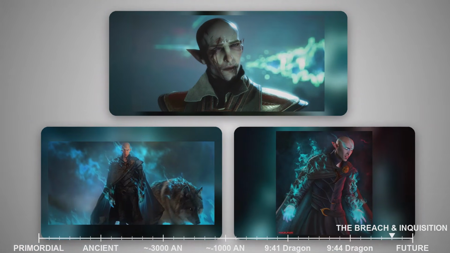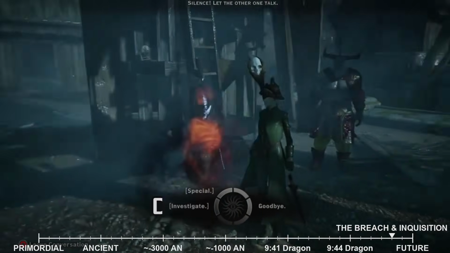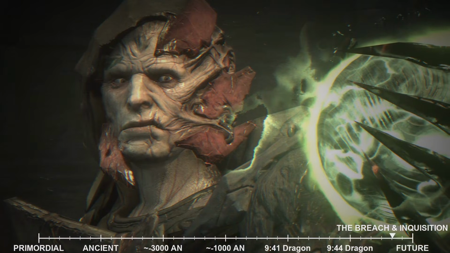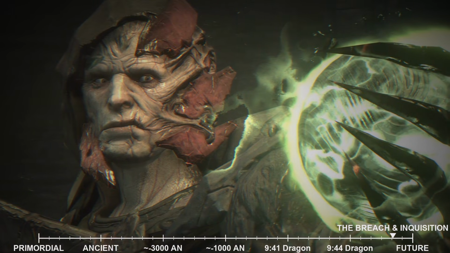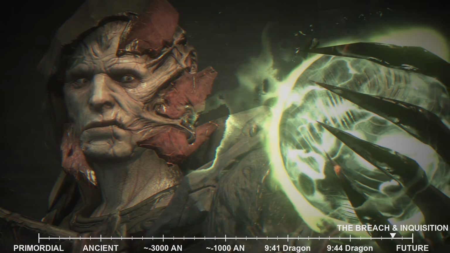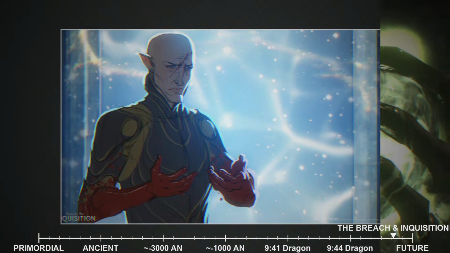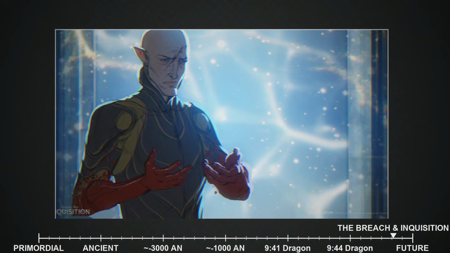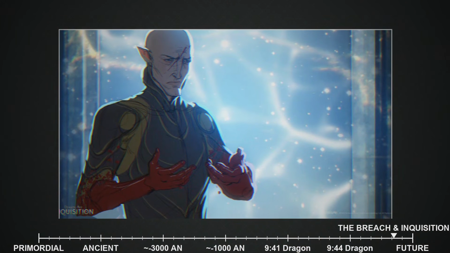In a heartbreaking confession, Solus admits to a series of deceptions that directly led to the events of the Dragon Age. He reveals that he was the one who gave Corypheus the orb, the artifact that Corypheus used to open the breach and unleash chaos upon Thedas. Solus explains that he intended to use the orb himself, a powerful elven artifact known as the Orb of Destruction, to restore the ancient elven empire.